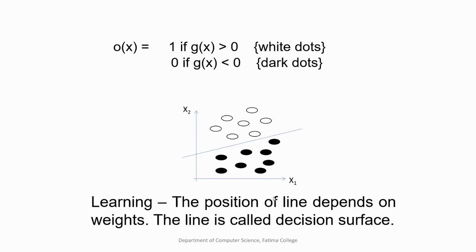In pattern classification, it has to separate a black and a white dot. The white dots and black dots are given, and it should be able to draw a line between the black and the white dots, separating them. This space is called the decision surface, where the line is being drawn. If the perceptron learns where to draw the line properly, then it has properly done the learning process. If it produces an output of 1, then it is recognizing the white dot, or if it is a 0, then it is a dark black dot.